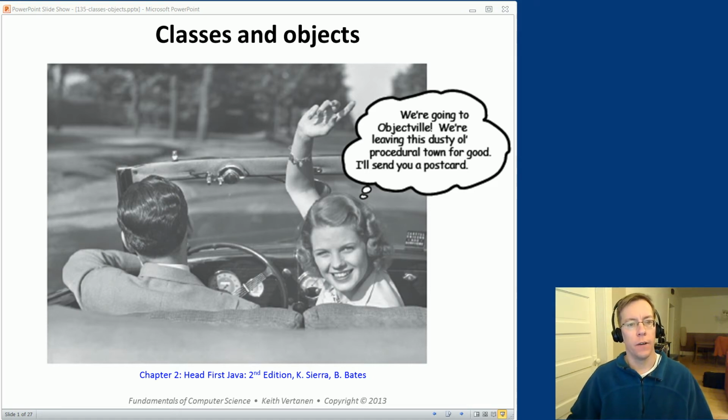All right, today we've got a very exciting topic in store. We're going to talk about classes and objects. And as an overview,